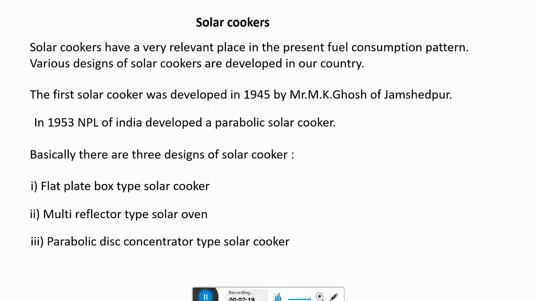The flat plate box type design is the simplest of all, and the maximum no-load temperature with a single reflector reaches up to 160 degrees Celsius. In the multi-reflector type, 4 square, triangular or rectangular reflectors are mounted on the body. They reflect the solar radiation into the cooking zone. So let us see one by one.